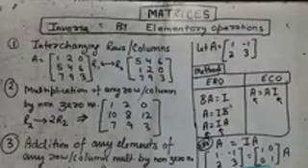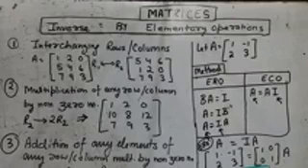Now children, this is the second part of the video of the chapter Matrices. In the last video we discussed types of matrix, how to transpose any matrix, what is a symmetric matrix, and what is a skew symmetric matrix. Now this is the last section and the most important exercise. From this exercise almost 6 marks question will be coming.